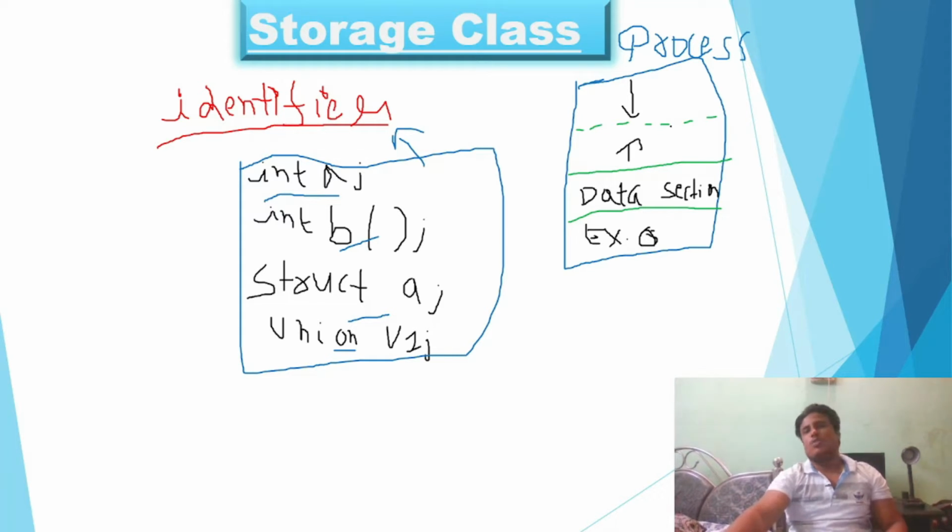One of these grows downward and the other grows upward. Generally the stack grows upward, though this can vary from system to system. So this is the stack section, and this is the heap section. We will discuss the heap section when we cover data structures like trees, where the heap will be useful. For now, this is actually our process.